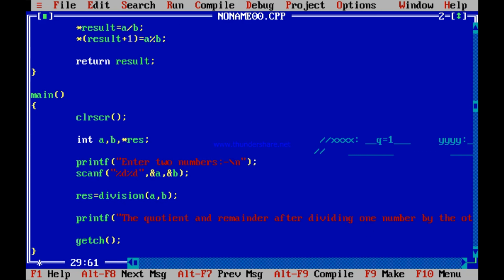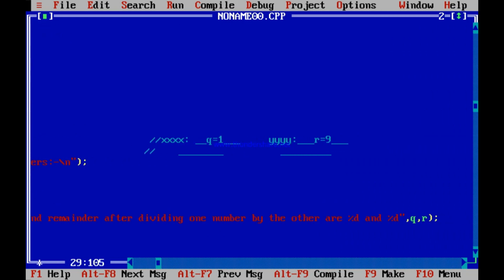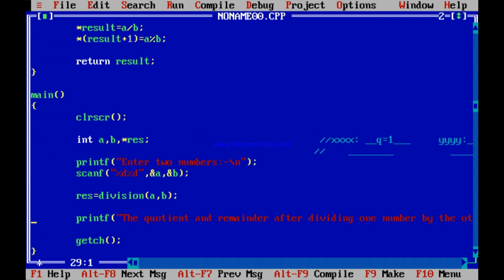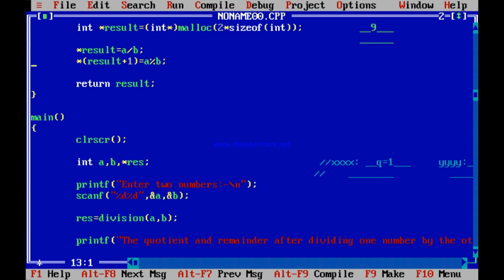So see this. You can just now print that, the two %d are nothing but star res and star res plus 1. See this, star res and star res plus 1. You just print this. See, res receives this address.